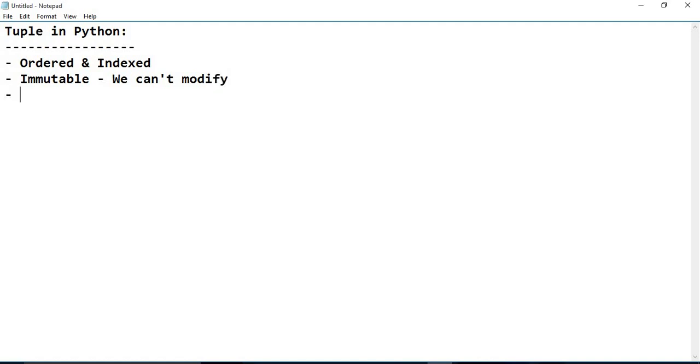And the next one is tuple also allows duplication. Allow duplication. Okay. And the main important thing that is generally asked in the interview is the difference